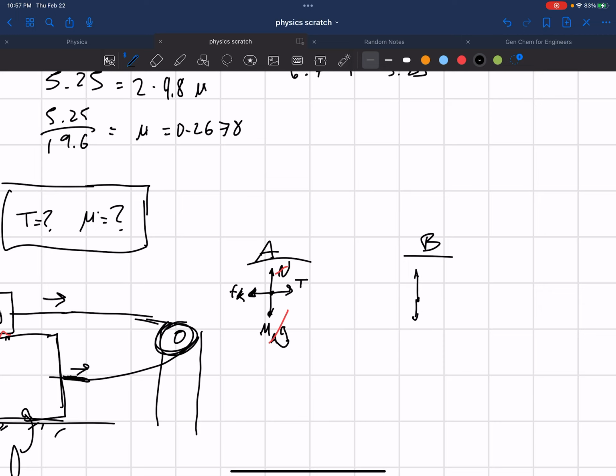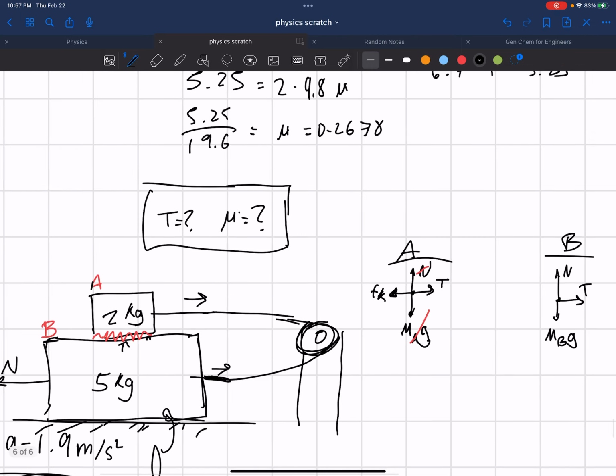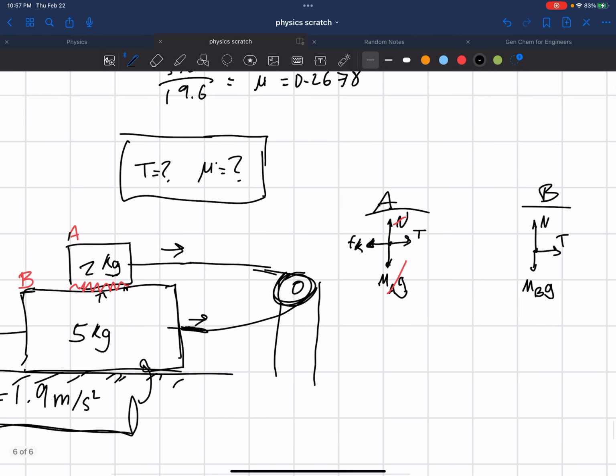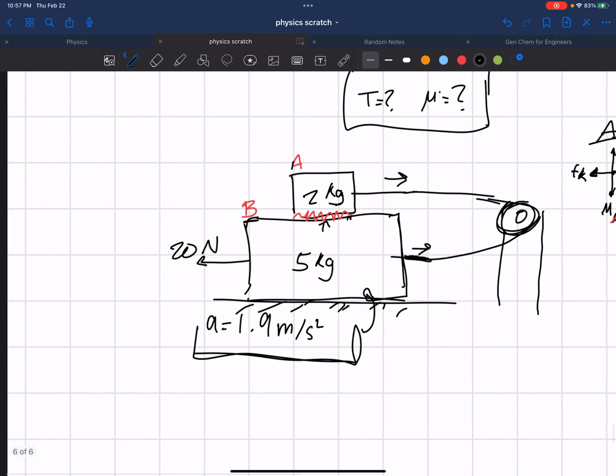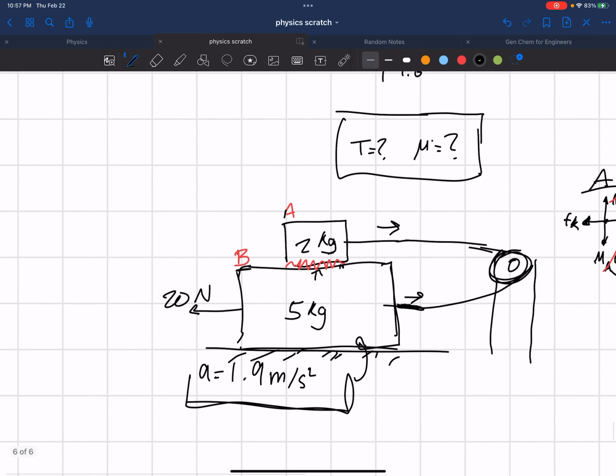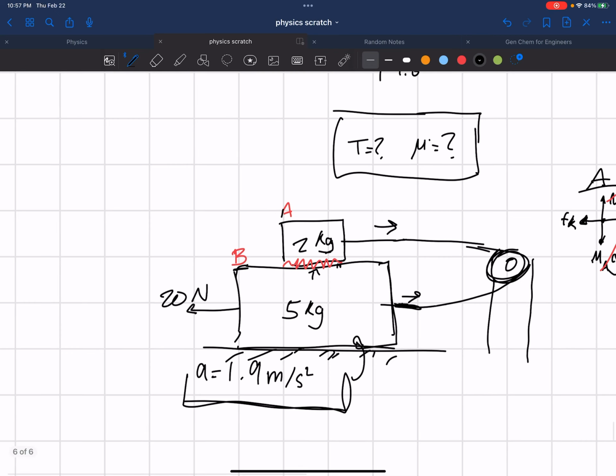All right, so the next one is going to be B. We're going to draw normal force, m_B g, and, oh, I got to talk quieter because my sister's going to sleep now. m_B g, and this is going to be tension going in this direction. Okay, and there's going to be a force going this direction, pulling 20 newtons, and it tells us in the problem, which I didn't show you, that it's moving.